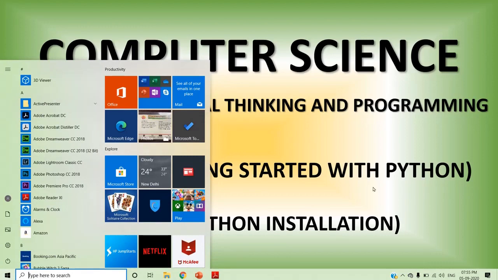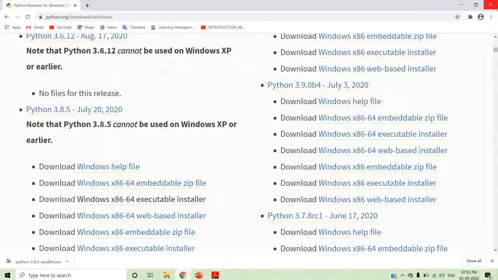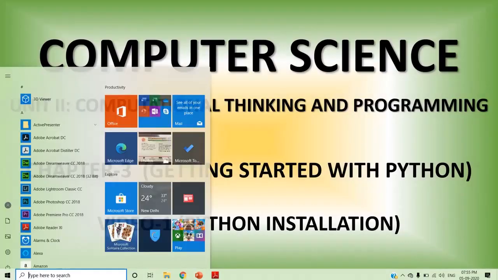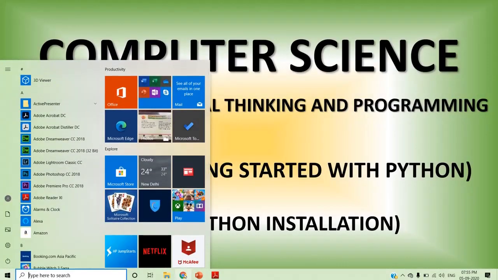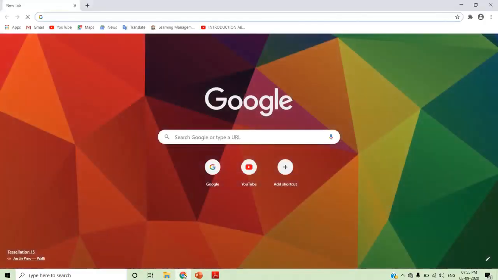I am opening Google Chrome in my system. This is the Google Chrome icon, and I am just clicking on it. So Google Chrome is open. Whichever browser is available in your system, you can use that. And this is known as the address bar. In this address bar, you have to type